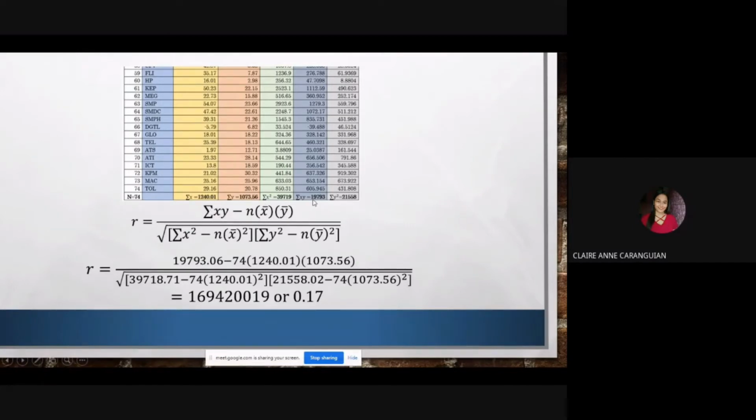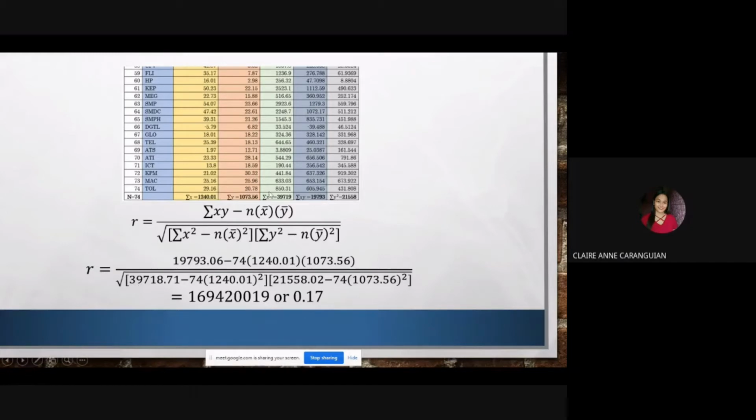Now we substitute. Summation of xy is 19,793.06 less the number of sample, which is 74, then the summation of x, which is 1240.01, and the summation of y, which is 1073.56, all over square root of